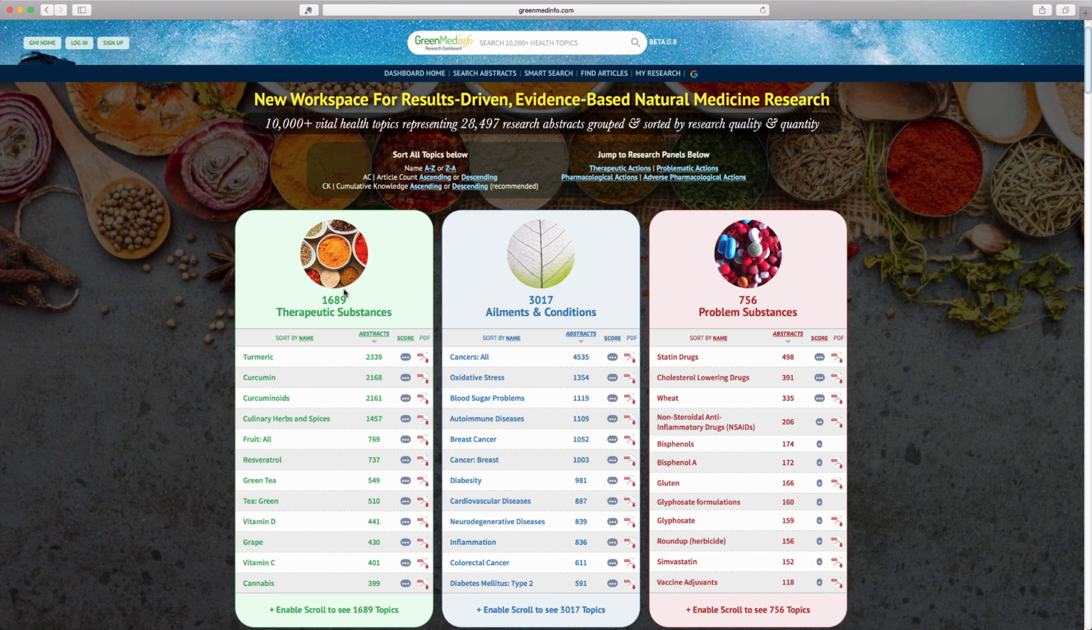Now if you go look at the left hand side, you see the therapeutic substances index. You have 1,689 different substances that we have indexed research on. The top most here listed are those with the most research supporting their use in the prevention and treatment of